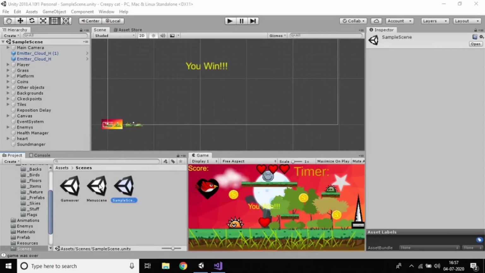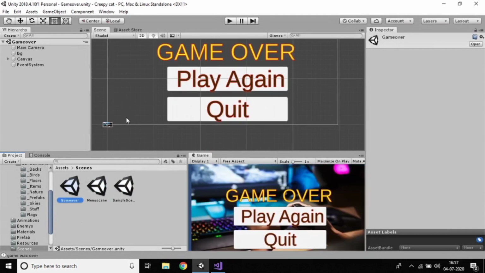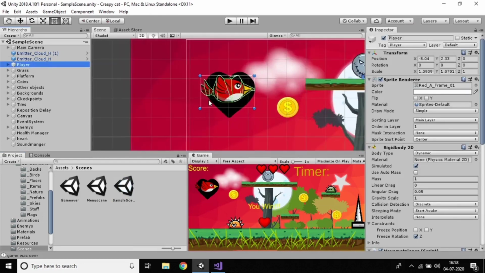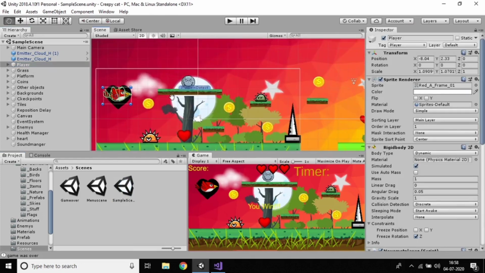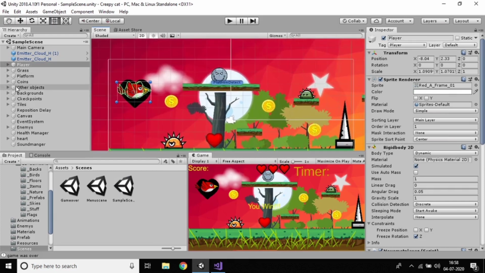Yes, in the previous tutorial we finished the menu creation and the game over scene. Of course, we added buttons and worked more on them. Now in this tutorial we are working with the pause and resume menu. So how do we add the pause and resume buttons to our game? You can see, if I'm playing the game, I need to pause, and again I need to resume. So for that I want to create two buttons.